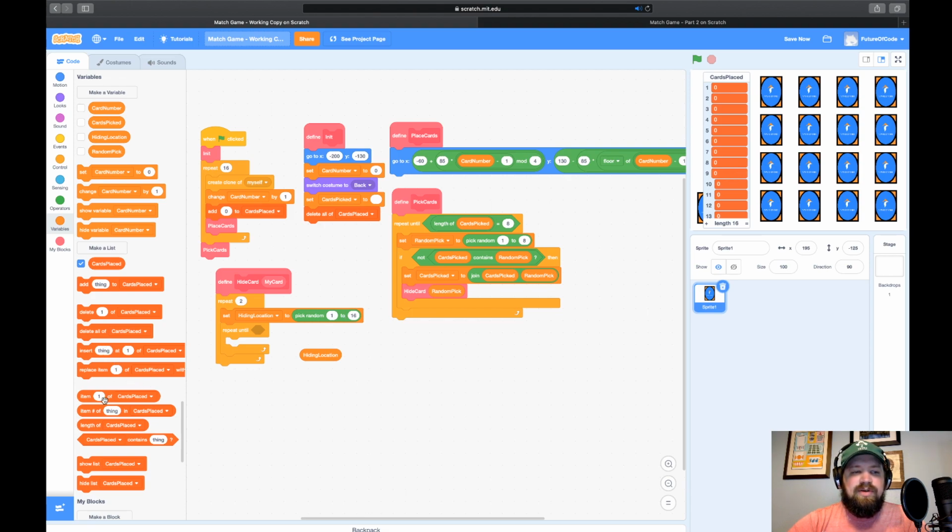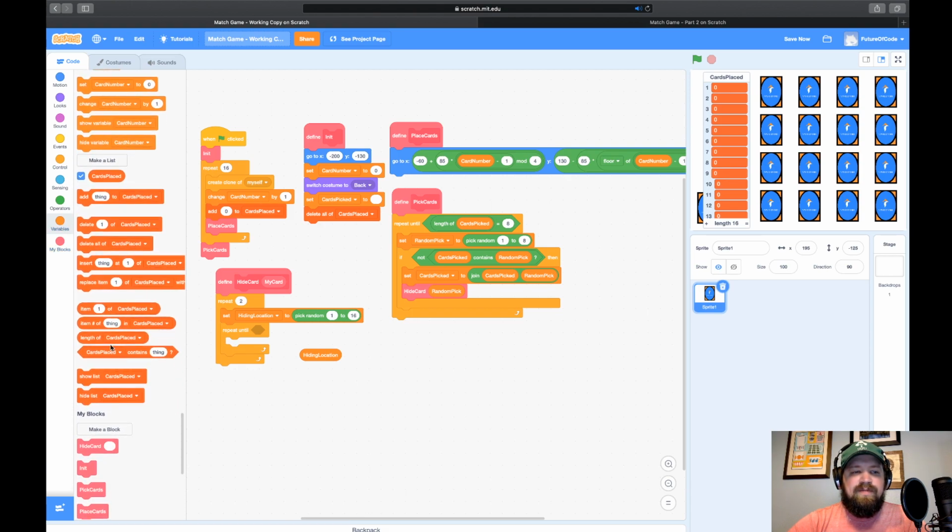So let's go into lists, scroll down a little bit in variables there, and we are going to look for item 1 of cards placed. It's a pill. So this hiding location is the number of the list. So we're going to drop hiding location over that 1. So it'll say item hiding location of cards placed.